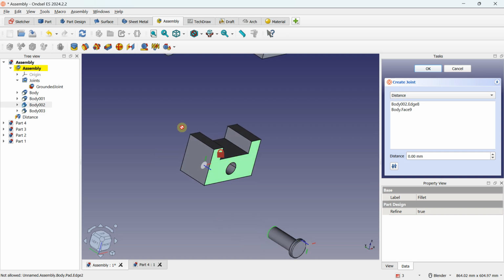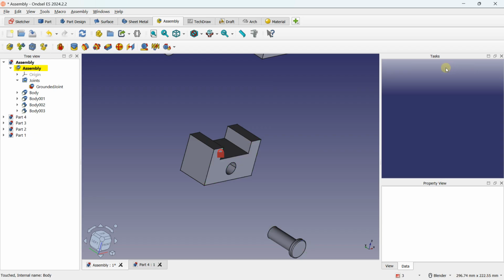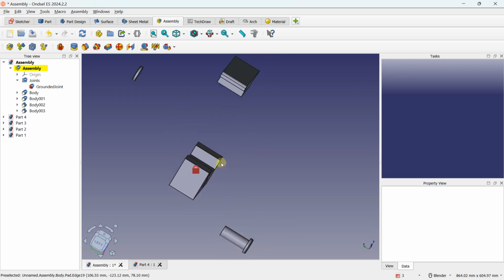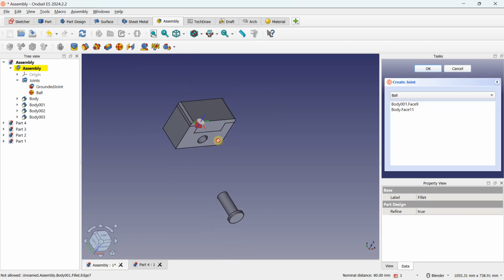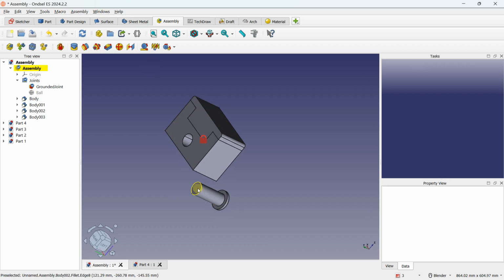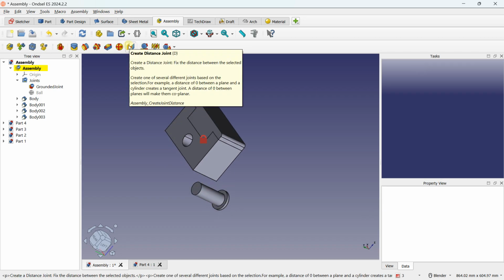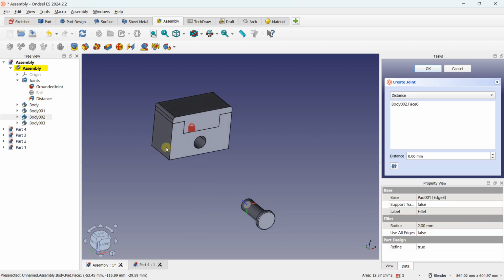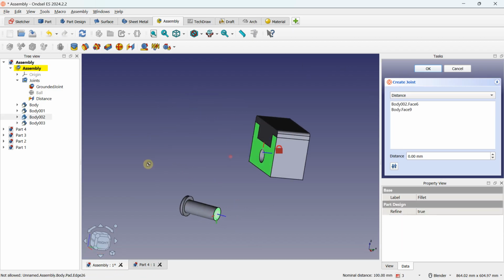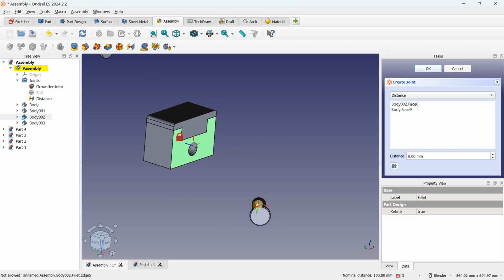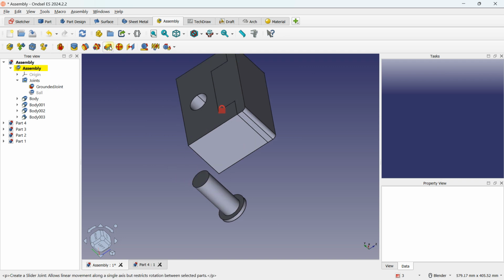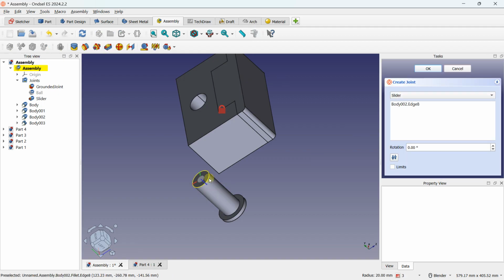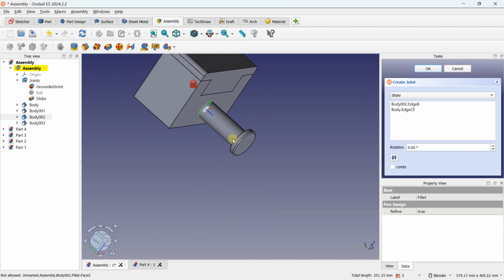But maybe in this type of case, it's not the best. So here for this one, I'm going to remove that. Let's just come back because I forgot to validate this one and this one. Just click here and just validate. Here I can also, if I wanted to use a distance constraint, select this one and select this one, but as you can see, it's not pretty good in this type of case because the element will move on this area. So definitely the best thing to do in this type of case is to use a slider constraint. It's going to work. If I select this one and if I select this one, it's going to work.